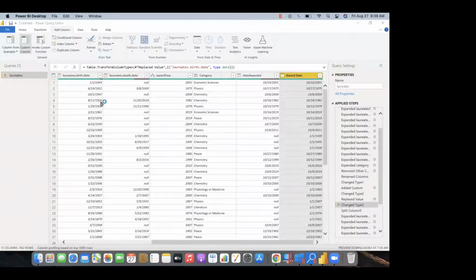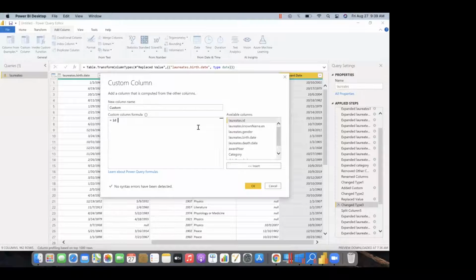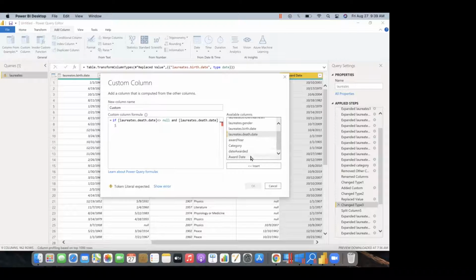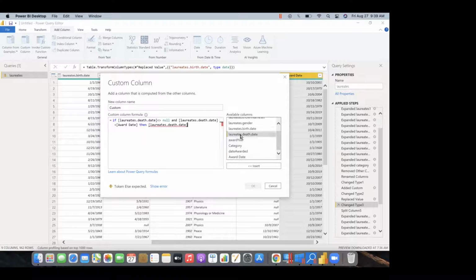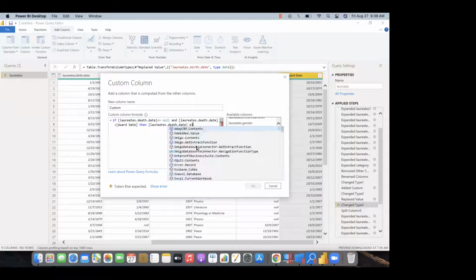Yes. So I'll make a custom column again. There I will give the condition: if the death date is not null and the death date is less than the award date, then we'll give the death date in that column, otherwise we'll get the award date.